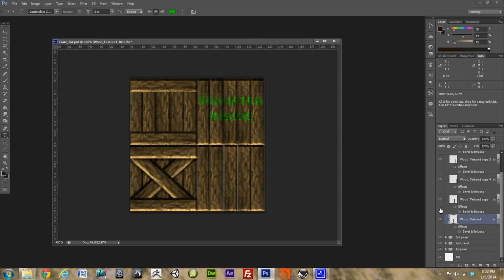So, yeah, let's add another layer. And let's bring it underneath all the other layers. So, let's see, so this is the fourth panel. And that's what you want. You want to bring it underneath the bottom. Press B for your brush. B for brush. And then just go ahead and